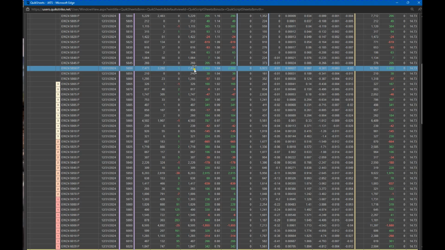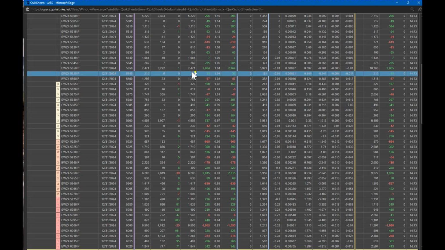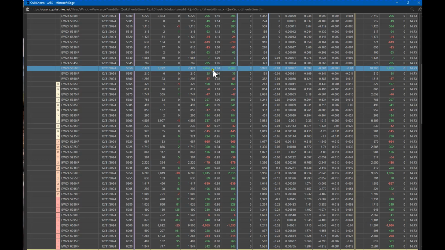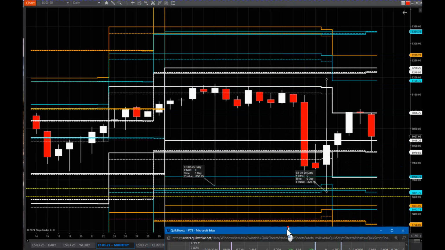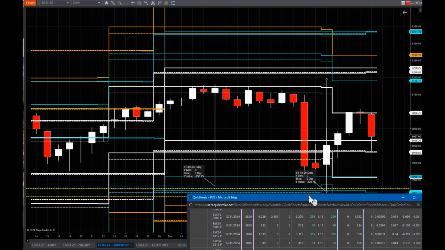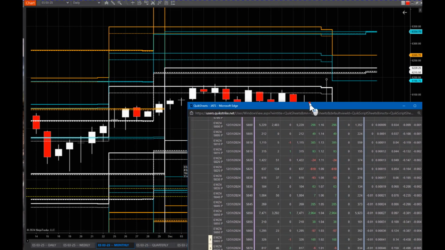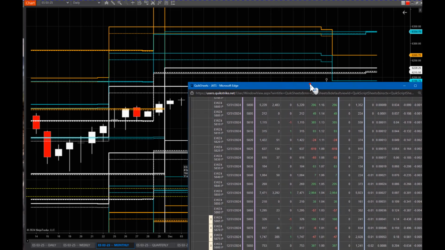7,471. We had an additional 2964 just added. So it's building. It's building the base to hold that low. Right? So we just confirmed the low for the put. And if we go up here to 6190,